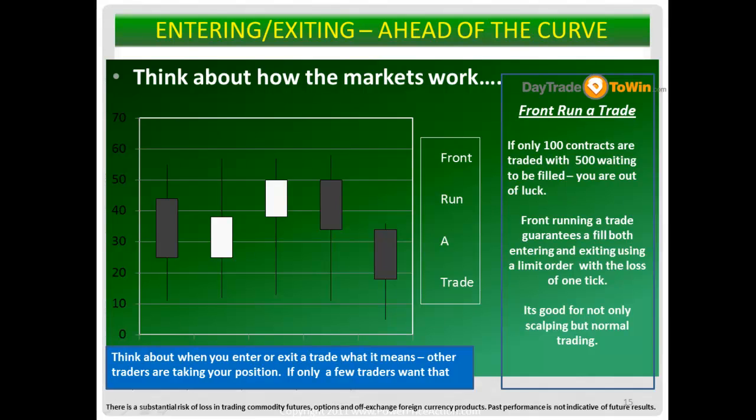So for example, if you have 100 contracts that are waiting to be traded and 500 are waiting to be filled, then you're out of luck, because if the amount of contracts do not get filled and you're, let's say, number 300 waiting in line, then it'll just bounce off that and turn around. So when you see this happening once, twice, 3 times, 4 times, it should be a sign to say, let me get out of this, or let me get into it, because there is something